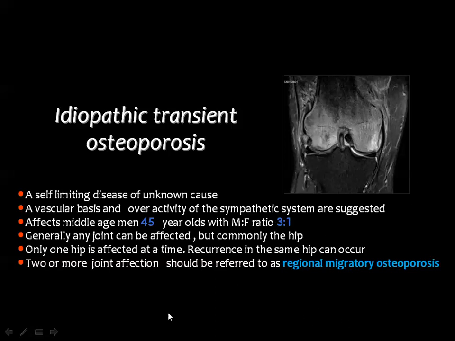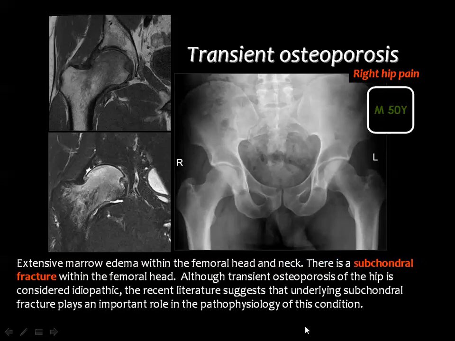Then this disease affects males in the range of 45 years of age, and the male to female ratio is 3 to 1. At a time, a single joint may be affected, and this is commonly the hip. But if the disease affects two or more joints, it should be known as regional migratory osteoporosis. And here, if you look at the plain X-ray of this patient, you cannot appreciate any significant difference between the